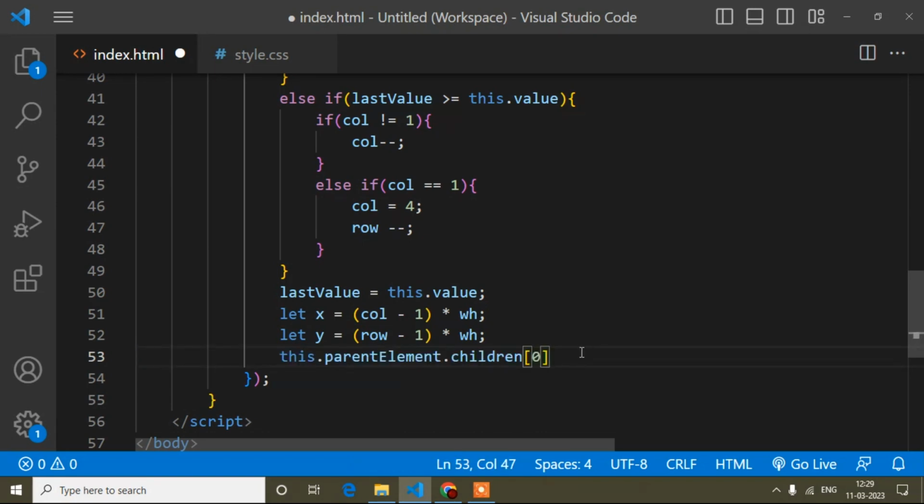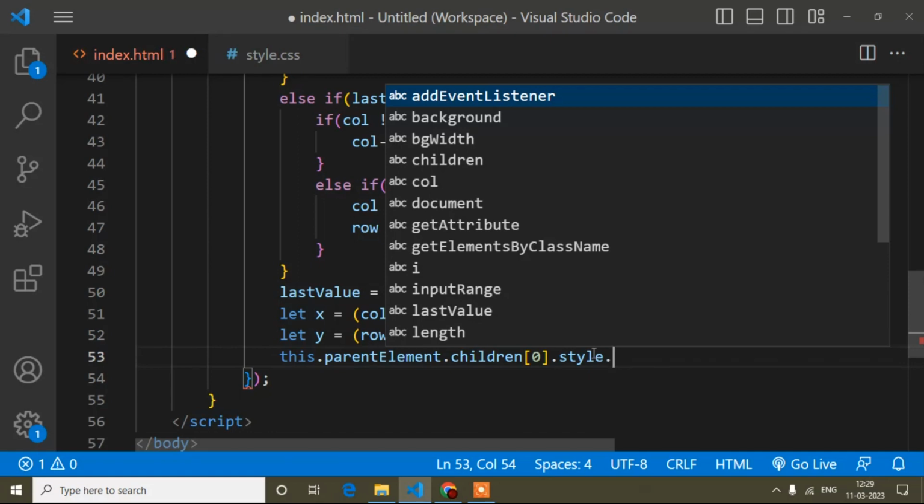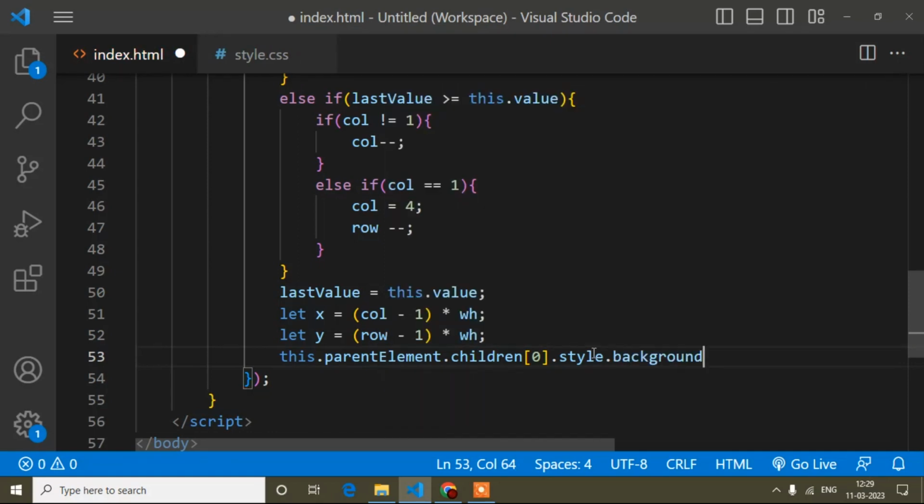Now I will add style dot background position x equals to, now I will add the backtick again, and inside this backtick this is a variable. Here I'll write minus x, and px.